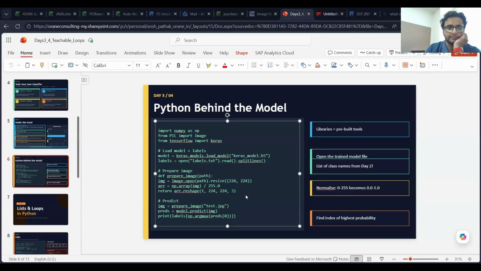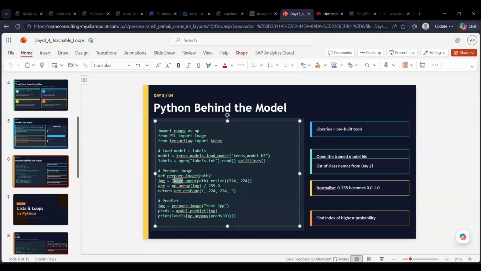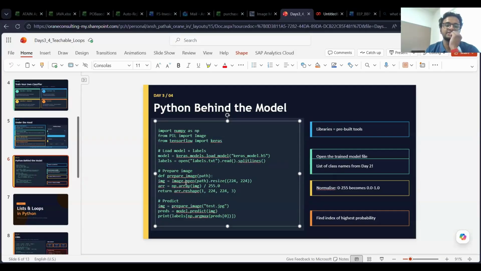So this image is imported from this particular library, right? Everyone understands it? Yes, sir. This image then gives us some functionality of opening the specific path and then resizing the image as per our requirements. That's 224 by 224. It's just pixel count, nothing else.